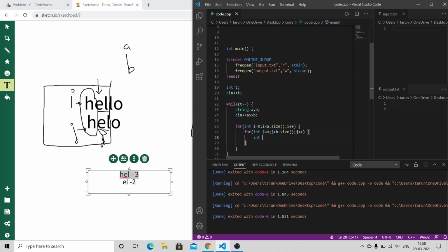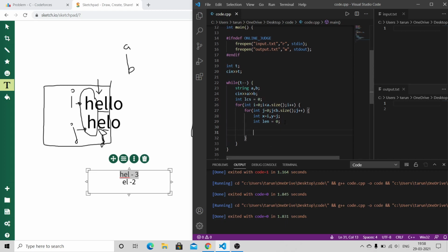Let me take some local variables called x comma y and initialize them to i comma j, and also a local variable called length and initialize it to 0. Here also let me take a local variable called length of common subarray, LCS, and initialize it to 0.